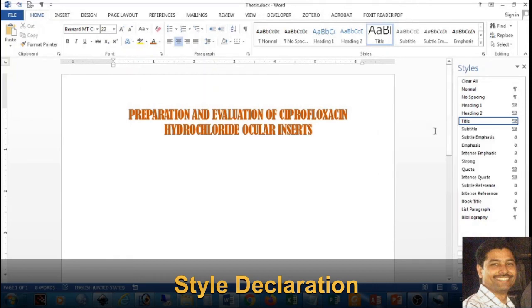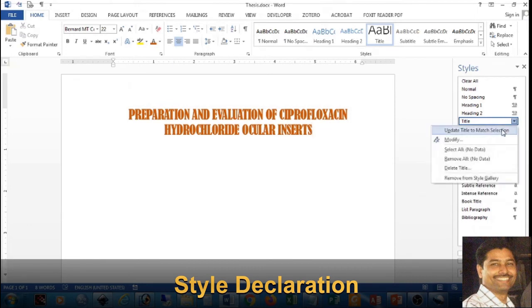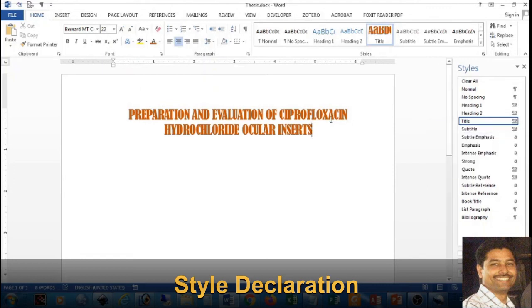So go to title, and there you will find a downward arrow key. Click it. Now several options will be there. Click on the first option, that is update title to match the selection. Now if you type any other line and select this title, see what happens.